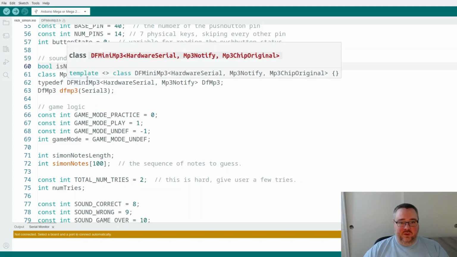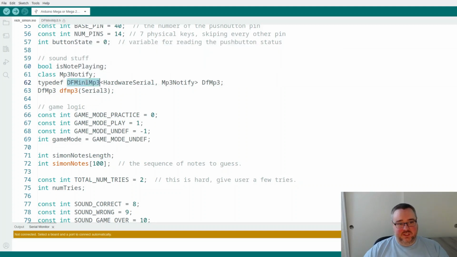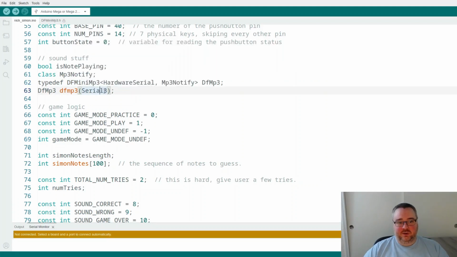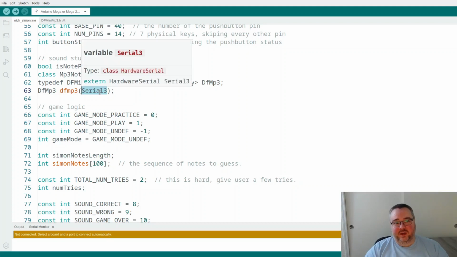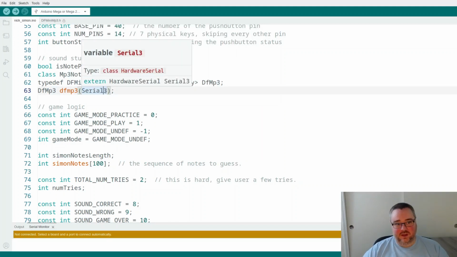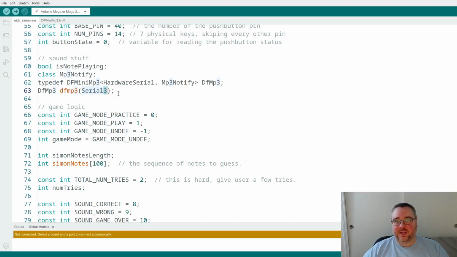And then finally what we do is we initialize the DF player, the MP3 player, on serial 3 here. I have a video on DF player troubleshooting, and I actually showed where my serial 2 is, I've blown it up. I've destroyed the pin on it. So you can move the DF player if you're using the Arduino Mega to different serial ports. Here we'll use 3.